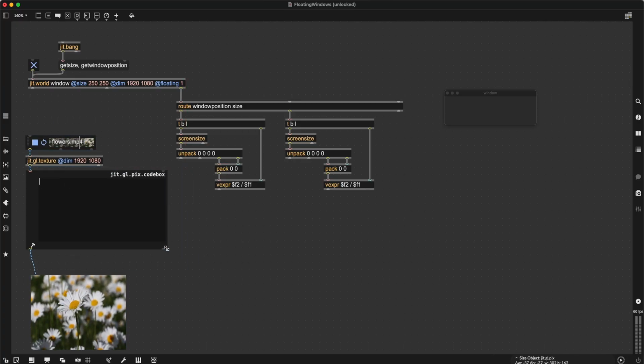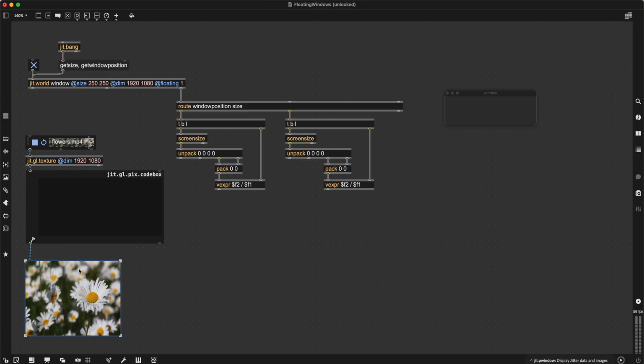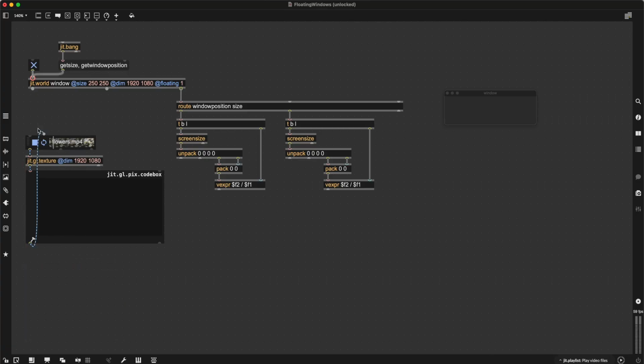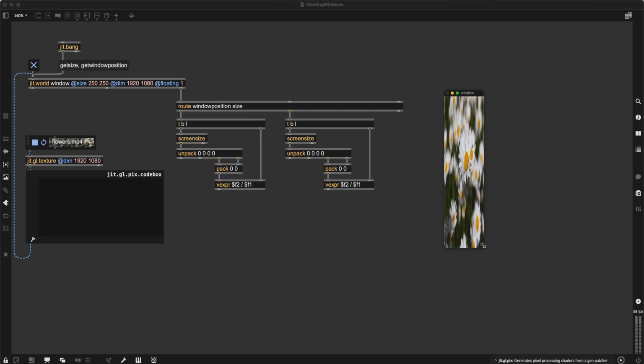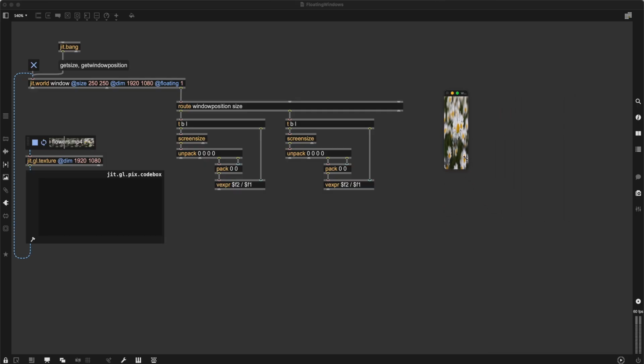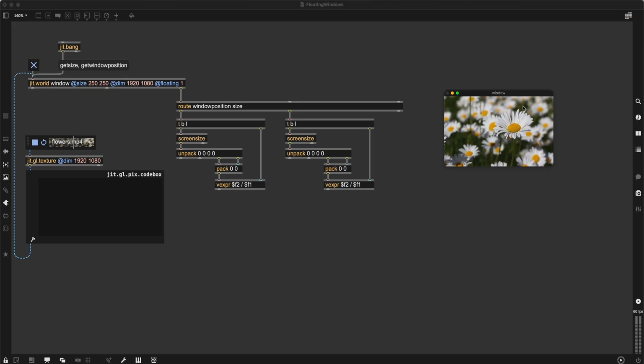And then the output that we're getting here gets plugged in here because then we can see it in the window. And now you can see that we're getting the whole texture, but it's weirdly distorting and it also doesn't